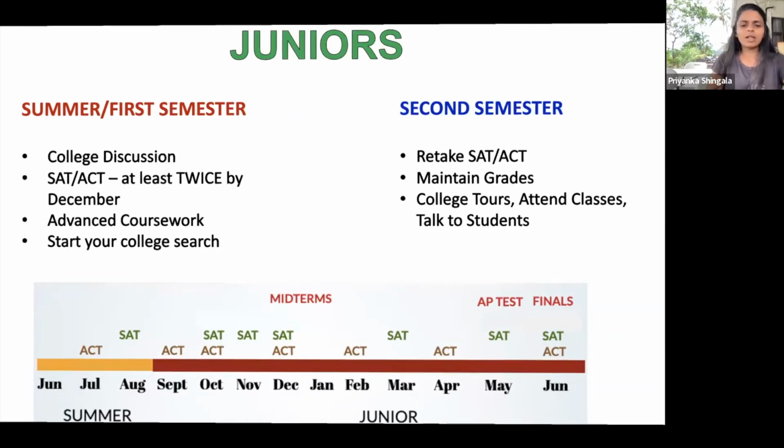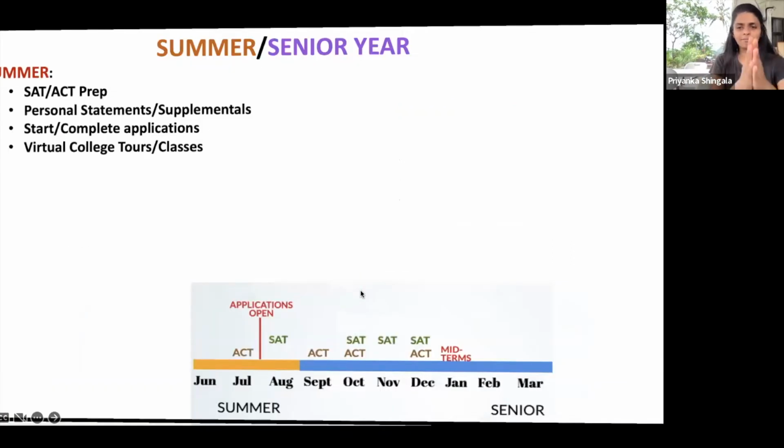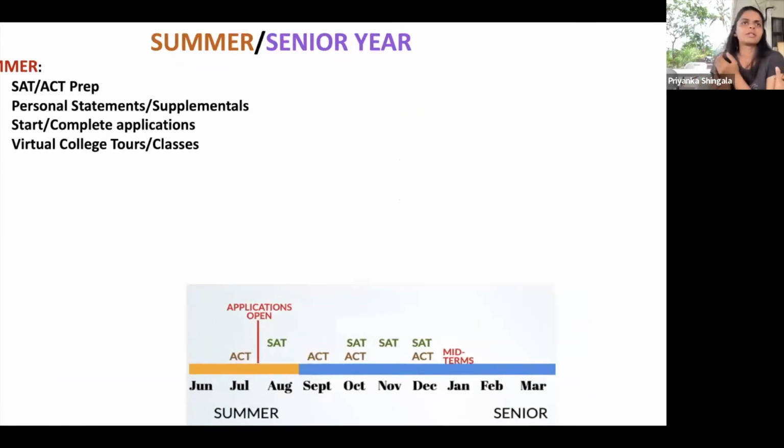You don't follow up with them once. Ask them first in person. Hi, Mr. Kaminsky or Mr. Pinsky or whoever. Would you please be able to write me a recommendation? If they say yes, then follow up with an email. On the email, some teachers have a form they want you to fill out in advance, and some teachers just don't. So if they don't, then you simply say, thank you so much for agreeing to write me a letter of recommendation. I know you're busy and you have over 100 students, so I just wanted to give you a few points and reminders of events that have happened this year just to help you jog your memory.